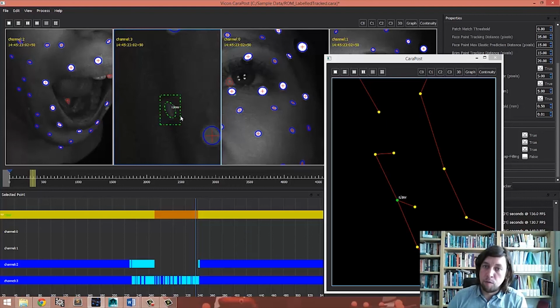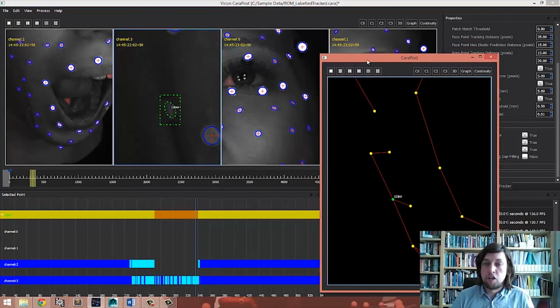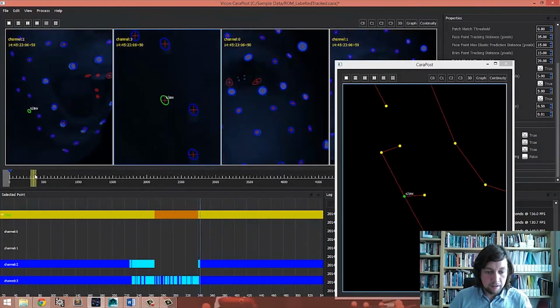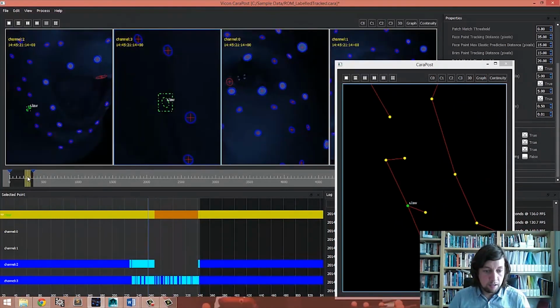The position in 3D will be updated, which sometimes causes a slight jump in the data. So it's really a case of seeing if that's occurring in your data, and then possibly what I would suggest is just deleting the range